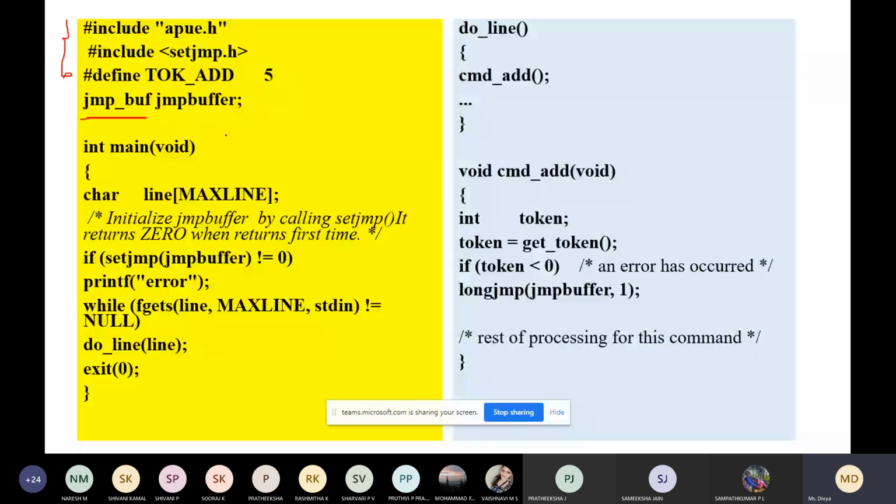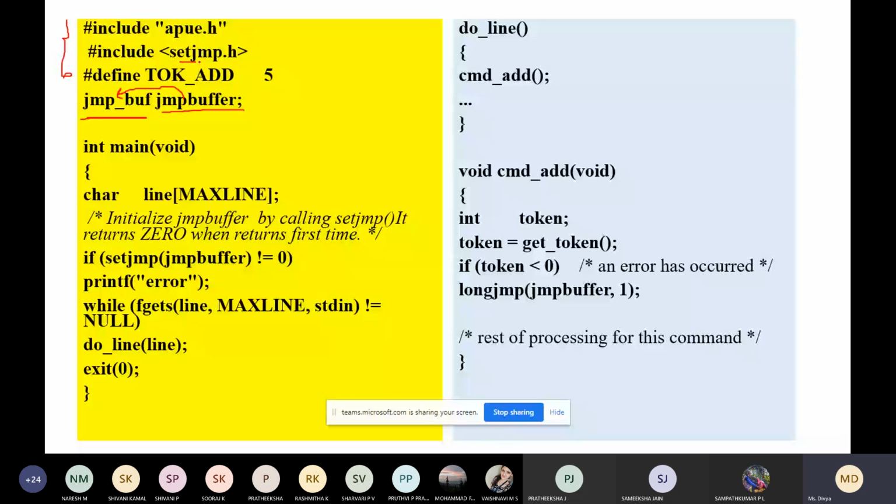Here we have specified a variable with the name jump_buffer, which is of the data type jmp_buf. For that we need this header file.